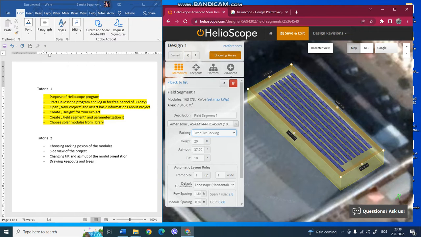In the first tutorial we explained the purpose of the HelioScope program, how to log in for the free period, and how to create a project and open your design. Okay, when we have the field segment created, we can